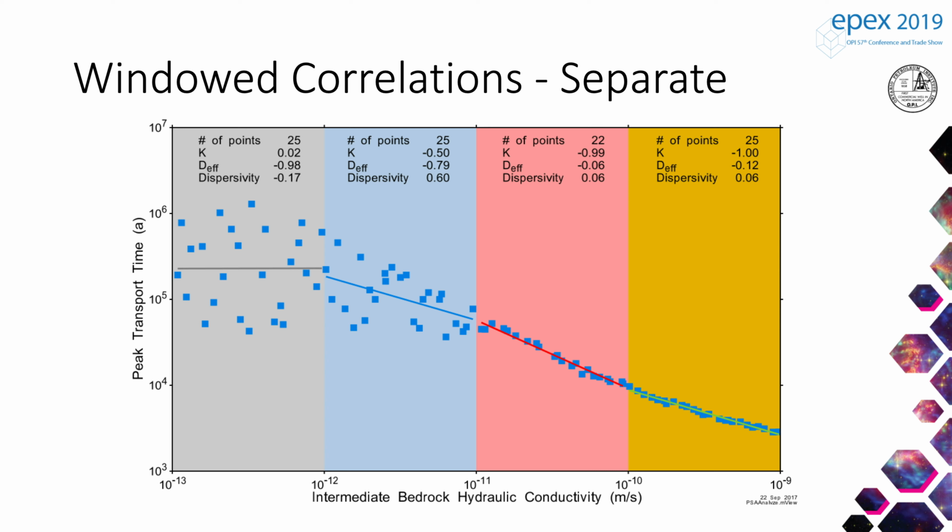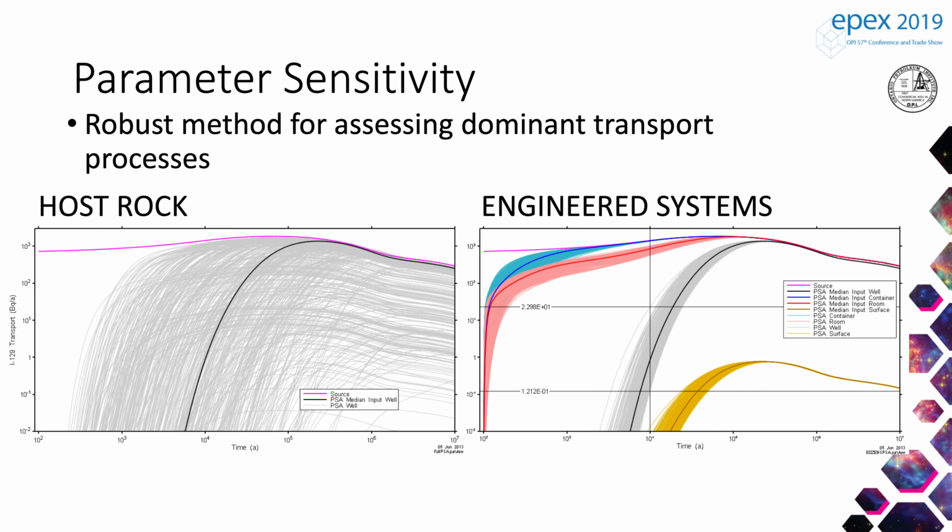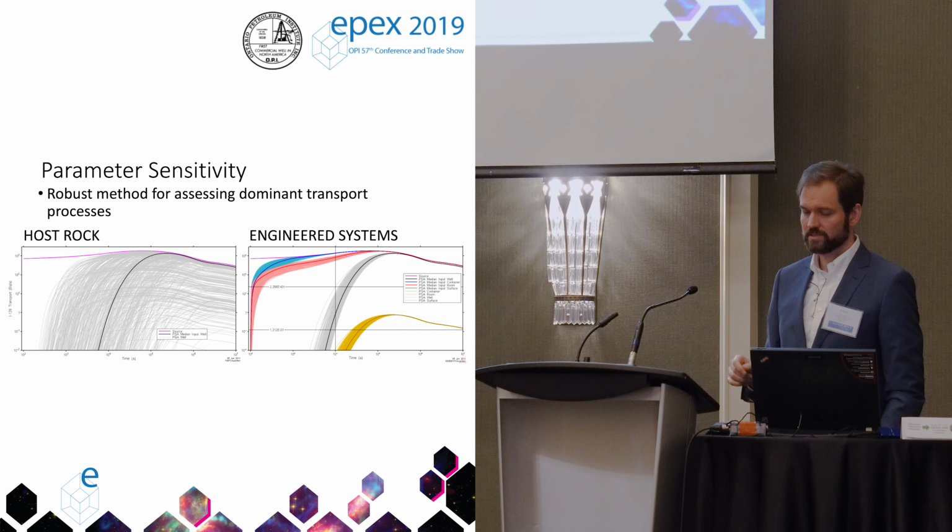down to 100 nanodarcy. This is another example showing a comparison of sensitivity to host rock permeability and an engineered barrier properties on this side. If we just focus on the gray lines, you can see that there's a lot more sensitivity to the host rock parameters than there is to this engineered system. So that kind of tells you that selection of a good site is a lot more important than the engineering of the sealing system, which I hate to say as an engineer, but anyway, that's what it tells us.